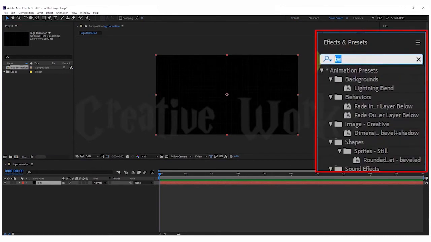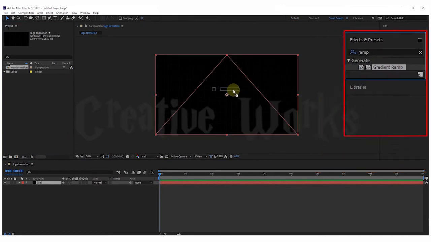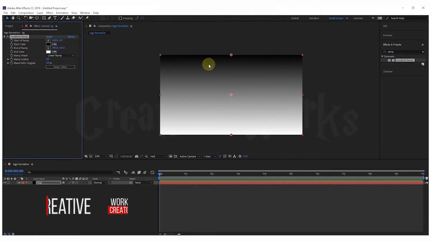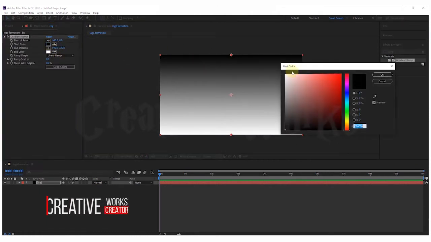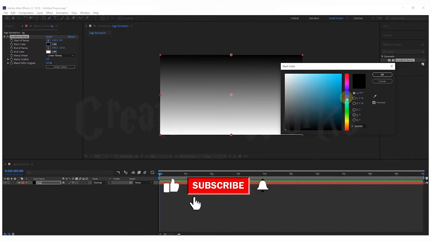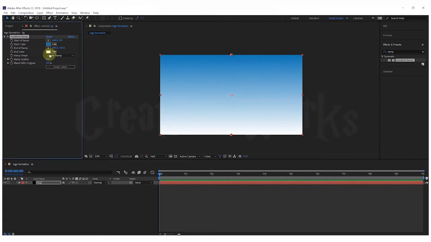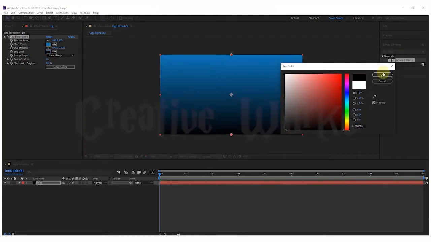In Effect and Preset, search for the ramps and add it to the solid layer. Change start color. Change end color.